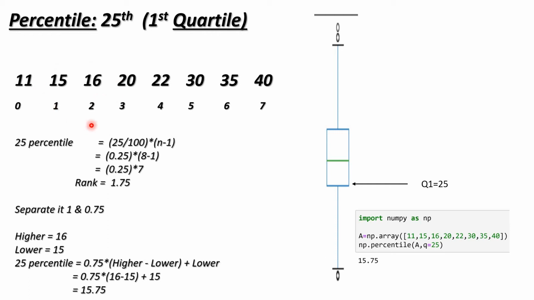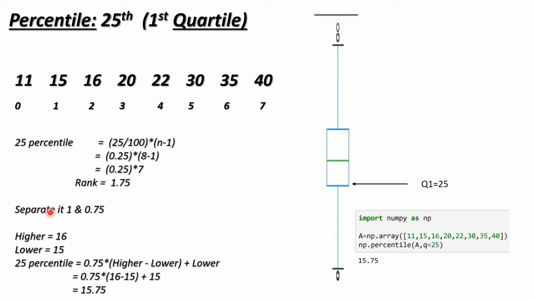So we don't have that 1.75 index over here. We can't see it. You can see here that we have index 0, index 1, index 2, but between 1 and 2 we don't have 1.75. We can't see it over here, so we have to calculate that. See, at the 1.75th index we have some value, that is the 25th percentile. So in this place, meaning index 1.75, we will calculate which element is there.